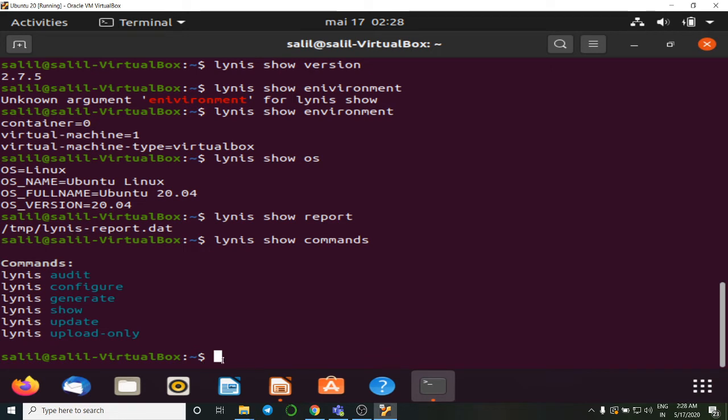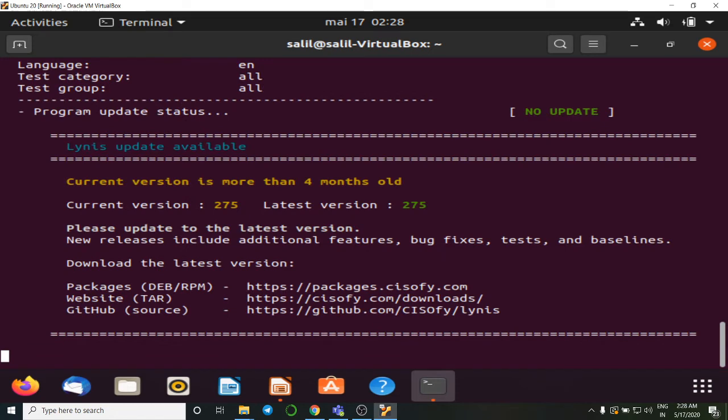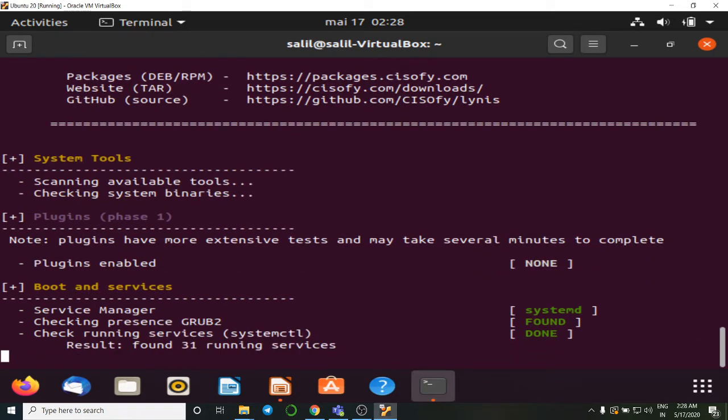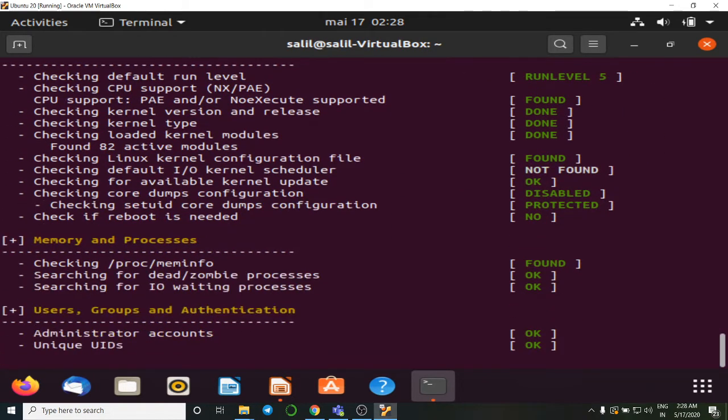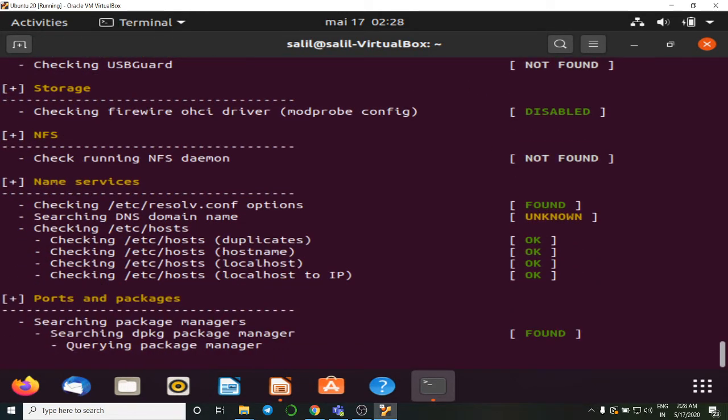So let us move to the important section, which is the system auditing using Lynis. For that, I use the command lynis audit system. The system audit will begin, and it normally takes up to 1 minute. It begins the auditing of the system, starting by detecting the OS, checking the OS, checking the Lynis version, etc. Then boot and services, then scans the memory and processes, kernels, USB devices, network file systems, storages, ports and packages.